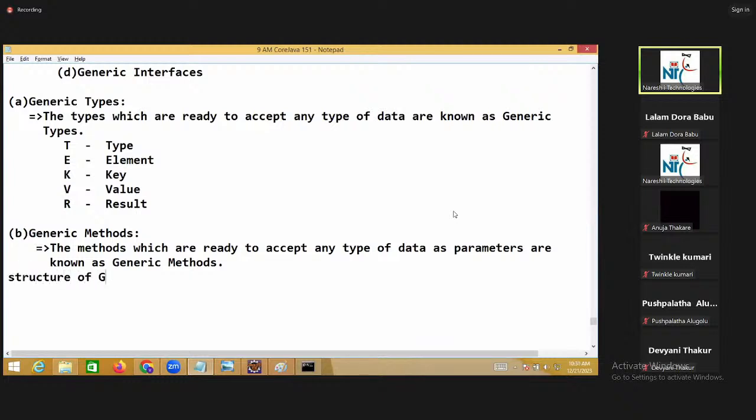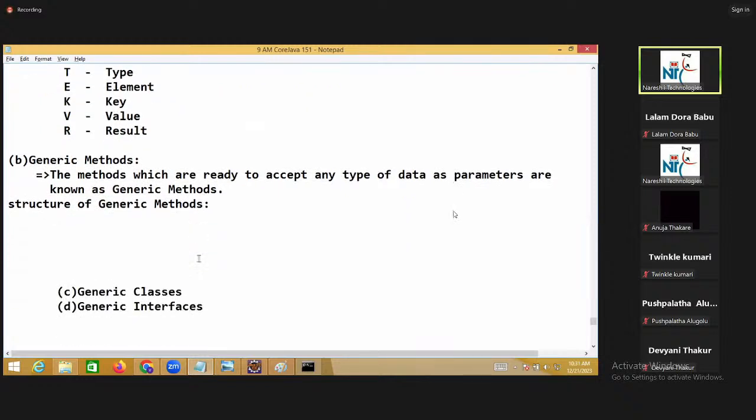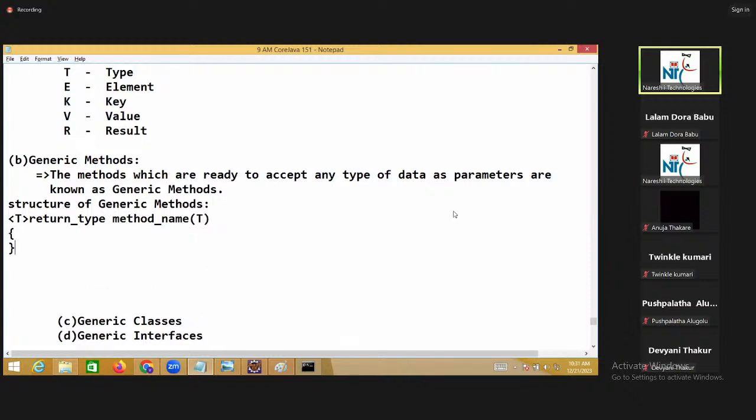Structure of generic methods. We must write one angular bracket T here, then return type, method name and T. This is the method body, you can say.